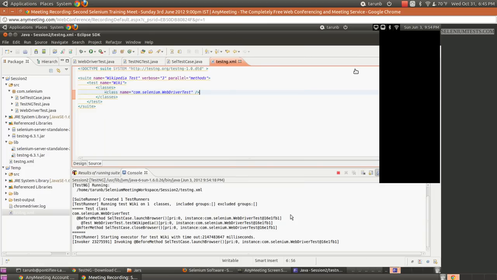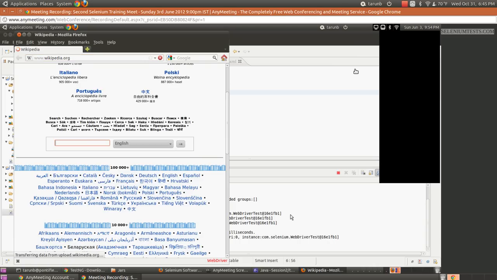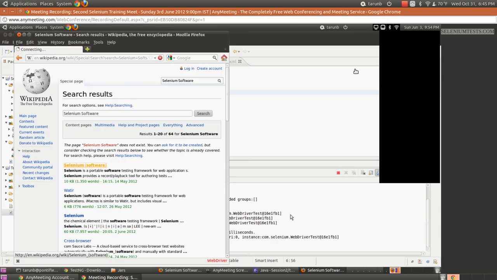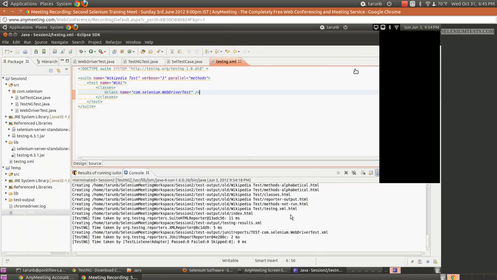It will do the same thing, but the difference here is earlier we were using the main method, but now we are using a framework. So we are trying to modularize it better. We are trying to take the browser invocation and browser closing part out of our test, so that all the tests which have to do the same thing don't have to invoke the browser themselves. It could be taken to a common class, which is cell test case in our case.